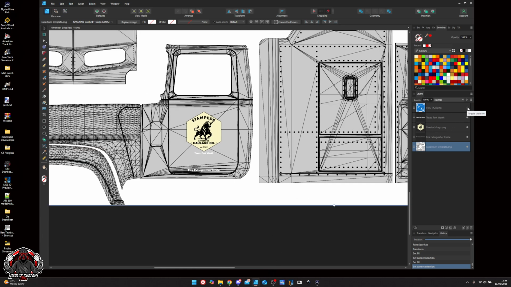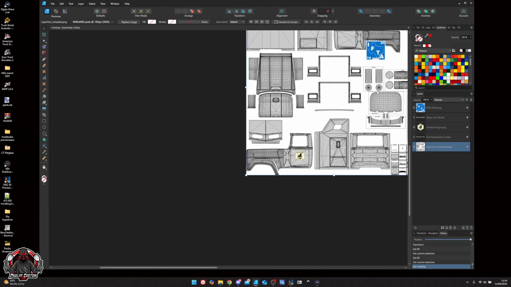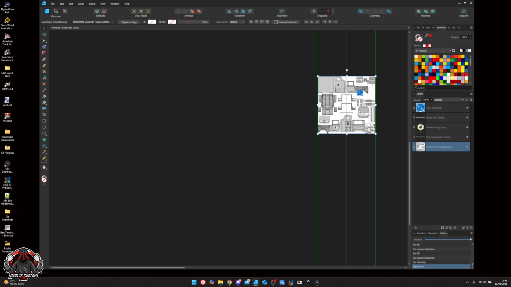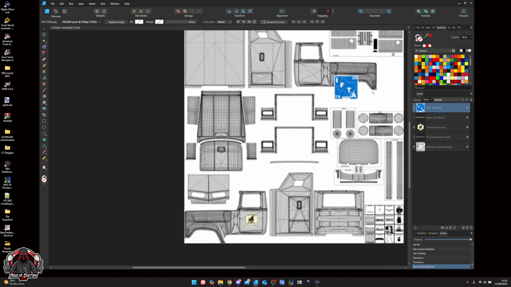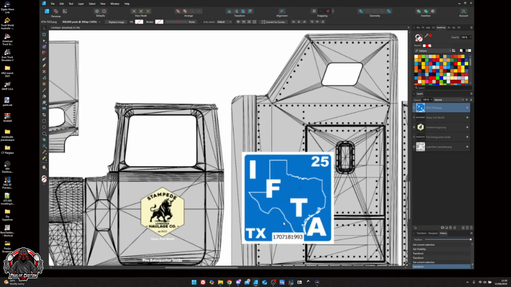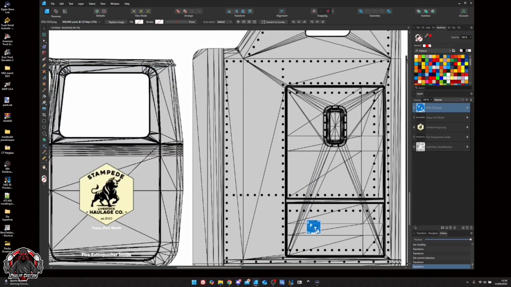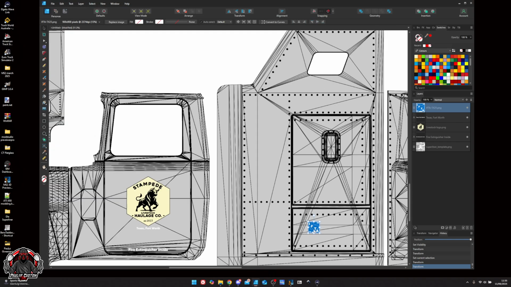I've also downloaded the IFTA stickers from Frontiersman off SS forums. He's got some great stickers on there, to be honest, to use for the American trucks. I would definitely recommend going there if you want to get anything realistic, to be honest. I've used these stickers for a long while now. So what we'll do is we'll put that